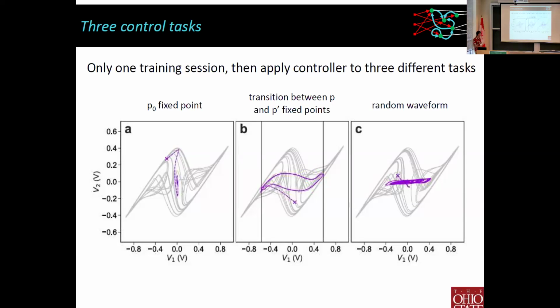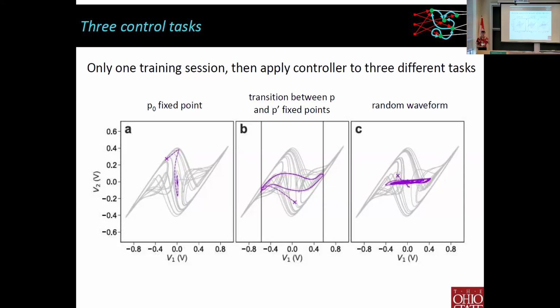So this is a case where we did the learning and now we're executing it, and we said, well, wherever you are, go to the fixed point at the center. And it did some kind of complicated transient, and then it went there. Another one, we said, go to this fixed point, and then go to this one, and then go to this one, so I'm going back and forth between the two. It started here, we turned on control, and then it was able to execute the behavior.